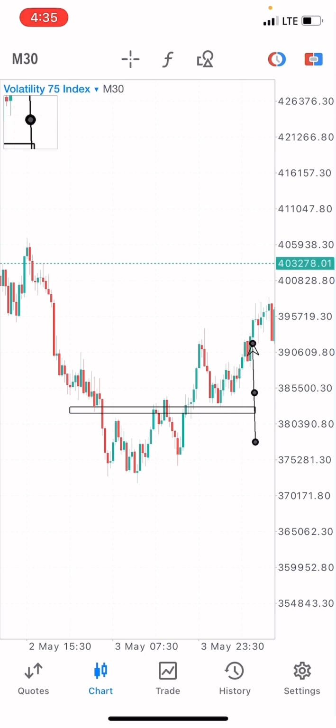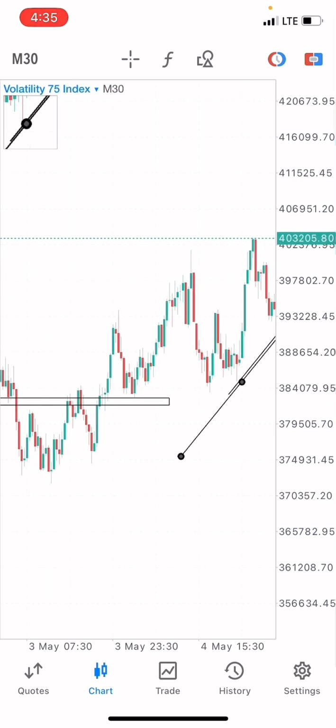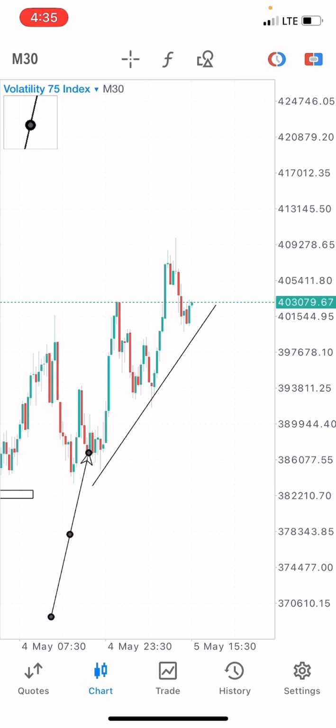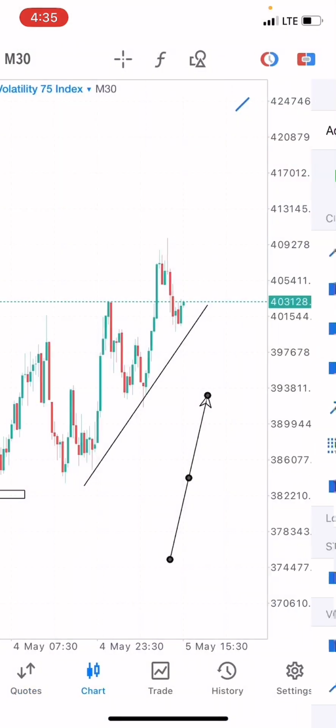So you can see the market pushed to the upside afterwards. So let's move and see. At this point, if you have a new structure formation, you can see the market is giving us higher lows and higher highs. There's a low here, a higher low here, and basically another higher low here. So there's a high here, a higher high here, and basically another higher high. So the market is actually moving to the upside.